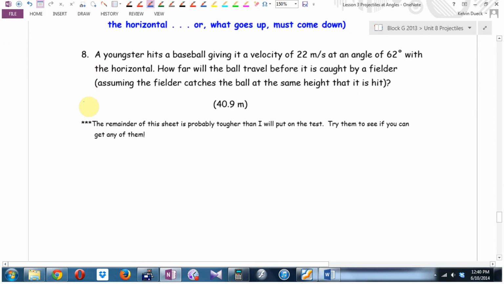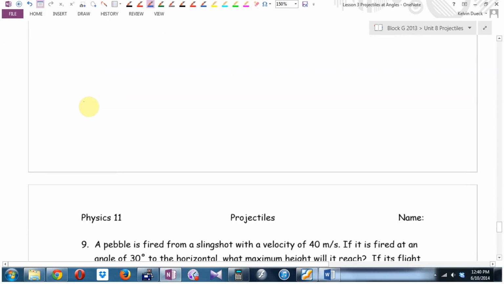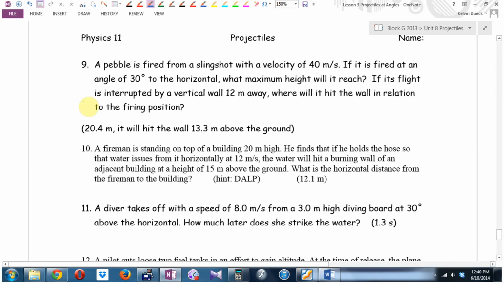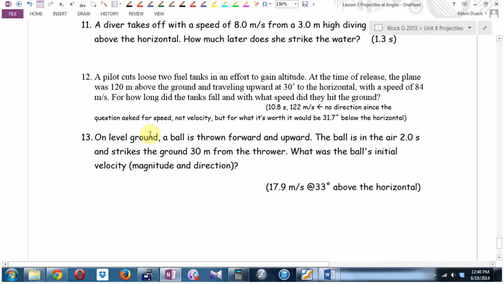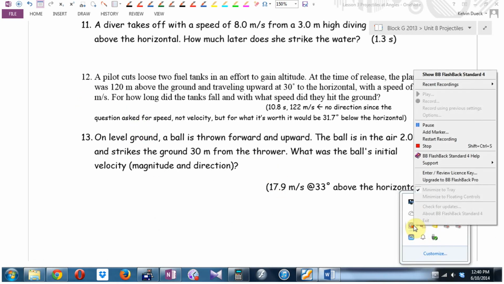The remainder of this sheet is tougher than I will put on the test. Try them. You know what? I'm going to pass on that, and instead what I'm going to give you are the 3 practice take-home quizzes as well. I might give you less than all